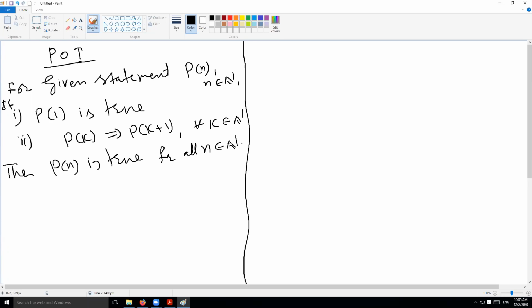Okay, and now I would like to prove this principle of induction itself. What is the proof of this principle of induction? We are using a method to prove other interesting results, but the question is, what is the proof of this principle itself? The answer is, you can prove it easily.